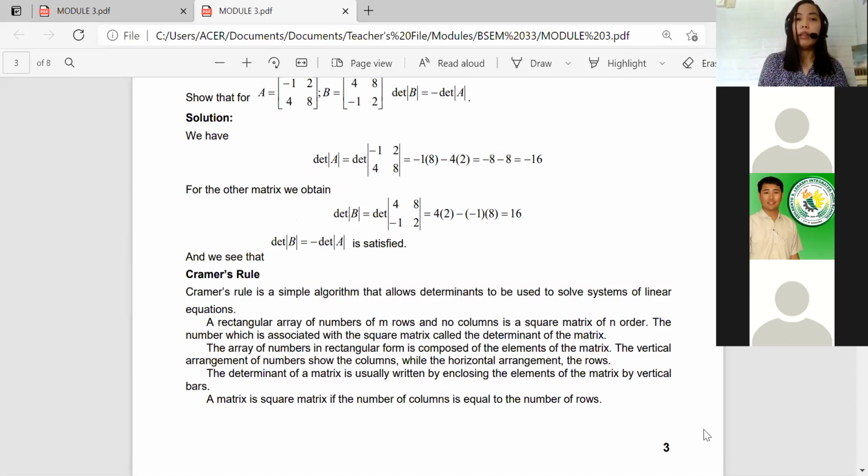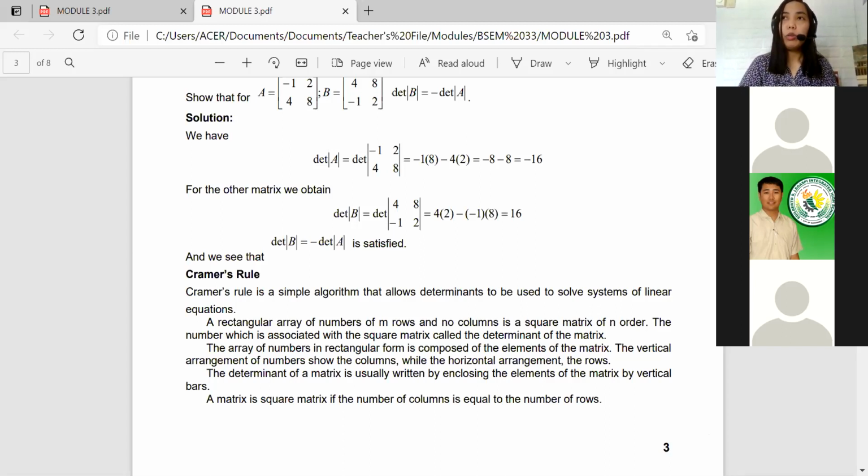So next, Cramer's rule. I already touched on this briefly. Cramer's rule is also discussed in BSEM 22 algebra, college and advanced algebra, because one of the topics there is about systems of linear equations. We can use Cramer's rule. I touched on this because we use it to get the determinants Dx, Dy, Dz for 3 by 3,